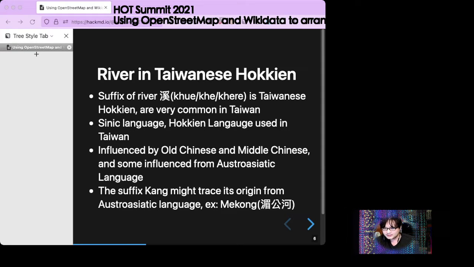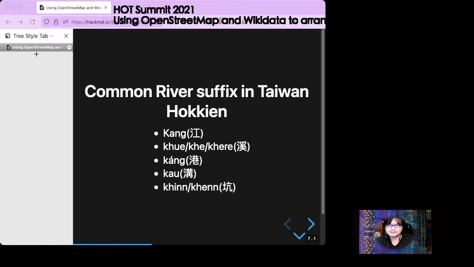For example, the suffix "kang" might have some connection with the Mekong, the river in Southeast Asia. Here is a list of common river suffixes in Taiwanese Hokkien.